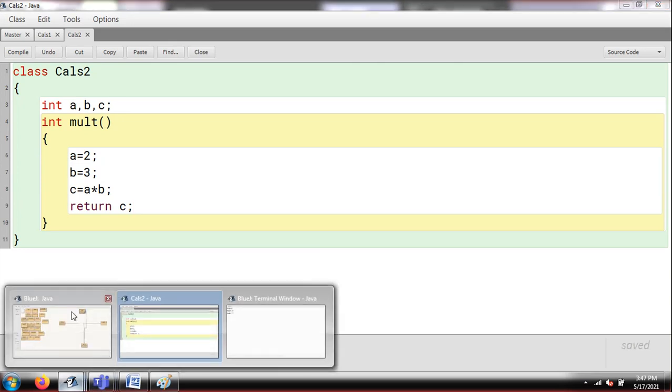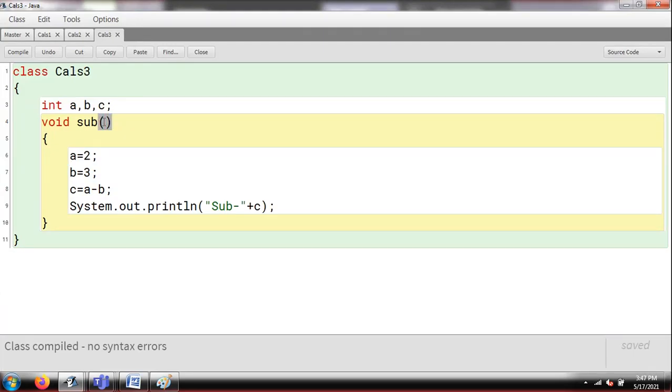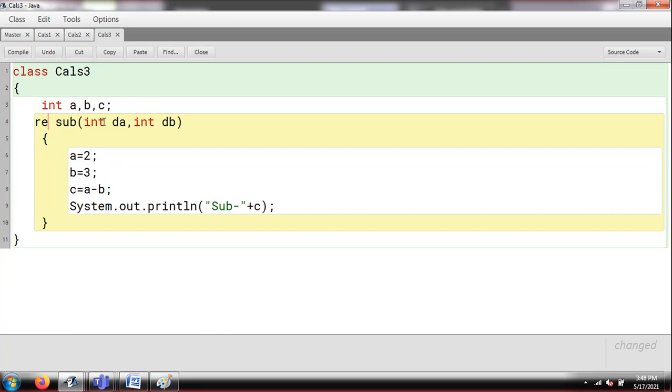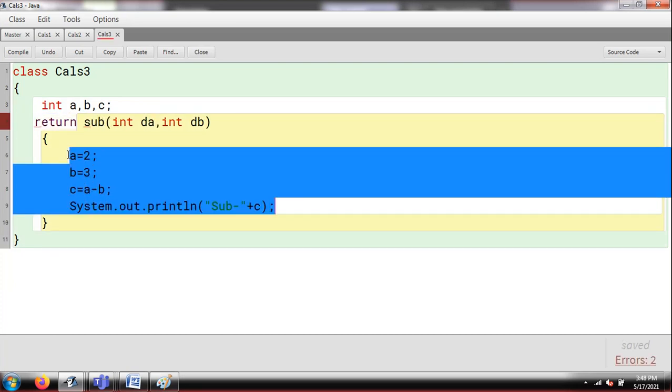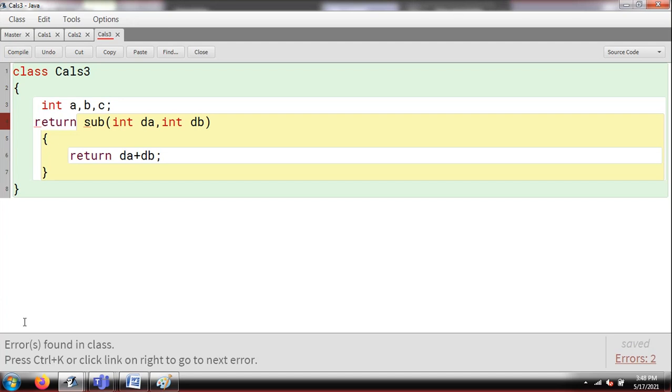In the third one, I'm going to apply both things. The function is going to accept, and the function is going to return as well. So I'm simply writing dummy of A and dummy of B. I'm going to add, but this time I'm going to return also, guys. So I'm just going to write return. One very simple thing, I'm going to remove all my lines because it is so simple to return. Simply write return DA plus DB. If you want, you can add DA and DB in C and then C can be returned. So one more line can be added, but I have compressed this code into one line only.